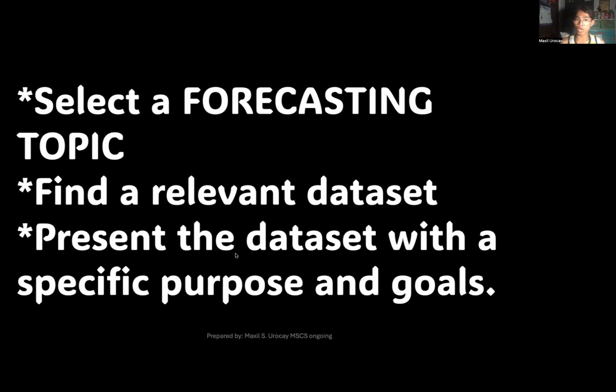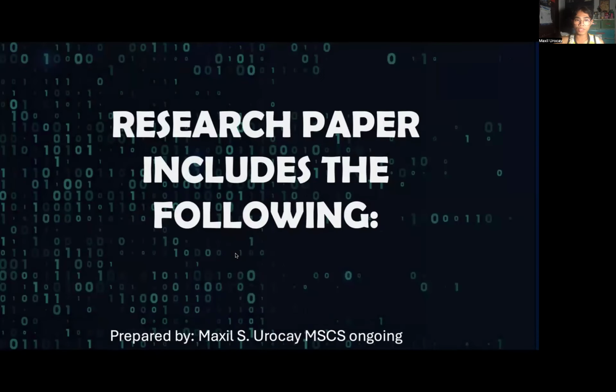It pertains to your title, with the data sets, and presentation of the purpose of those data sets that you've gathered for your concept in short. So after that, this will be the research paper